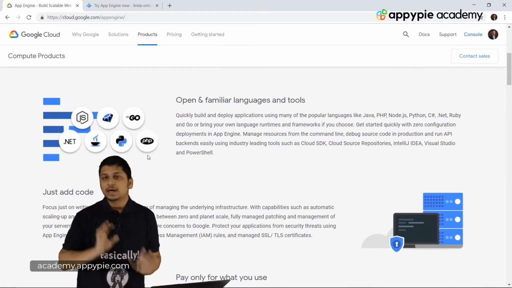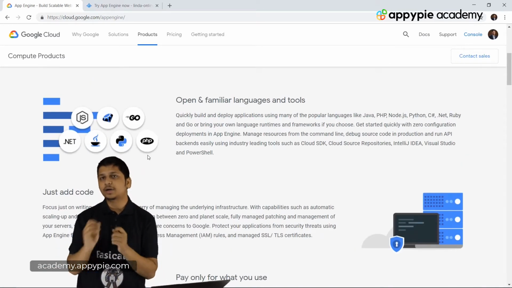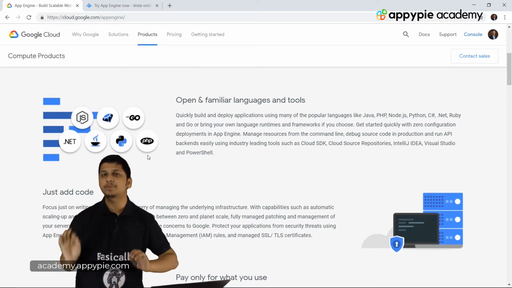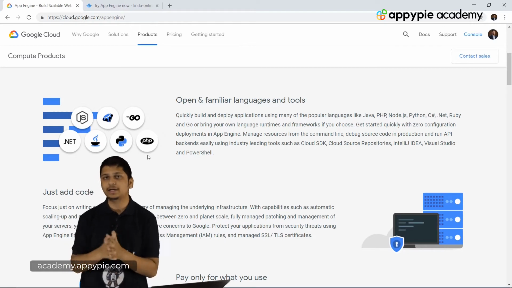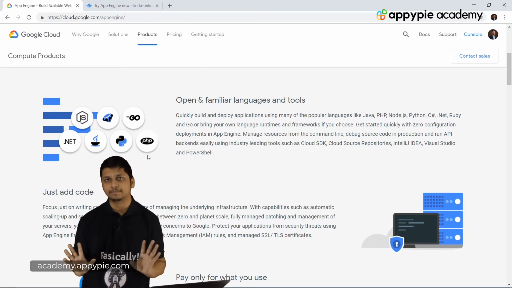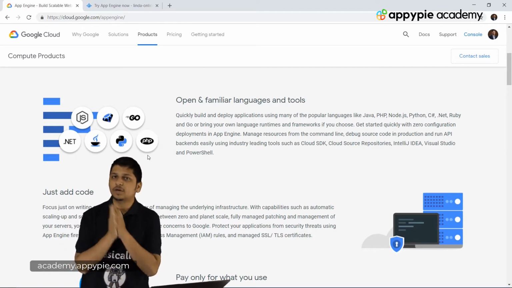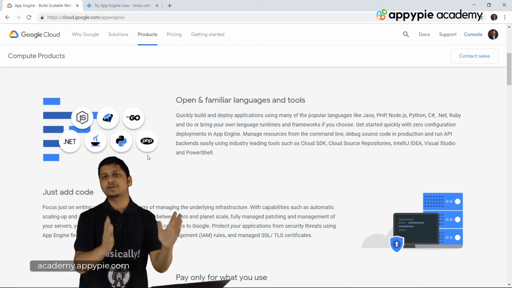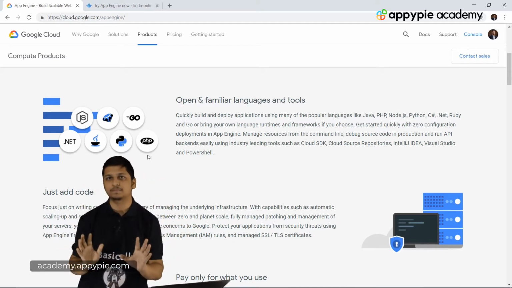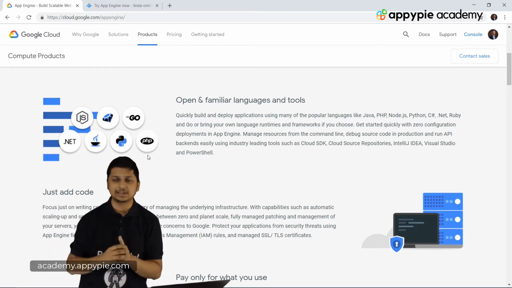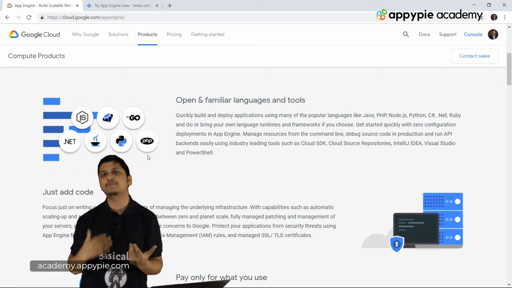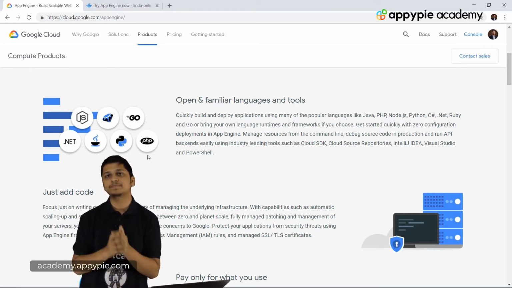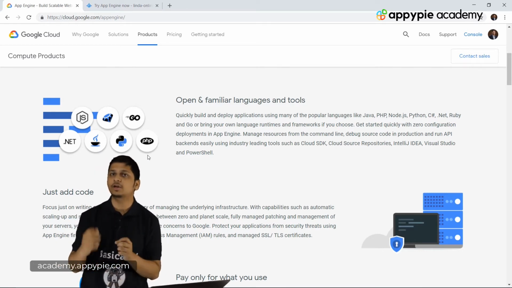Okay, so now let's look at how App Engine is different from Compute Engine. Okay, so first of all, in both cases you have an environment where you can execute your app. Okay, but in the case of Compute Engine, the specifications of that particular machine are fixed. So if the load increases, the speed at which your processor is running will not increase, or the number of cores assigned to your particular task will not increase.